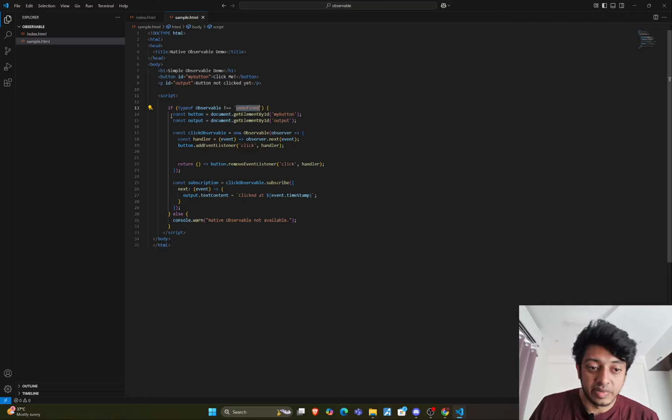So here I'm just defining the button: const button is equal to document.getElementById my button, and const output, and I'm just getting it using simple JavaScript, and I'm creating a new Observable. Observe this carefully. Click Observable. It's a new Observable with an observer. You know, it is creating a new Observable, and const handler is equal to a function that takes an argument event,